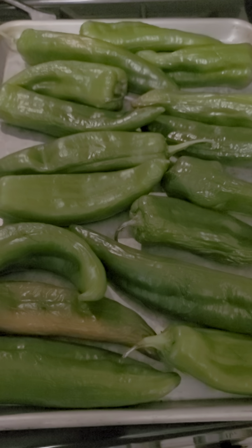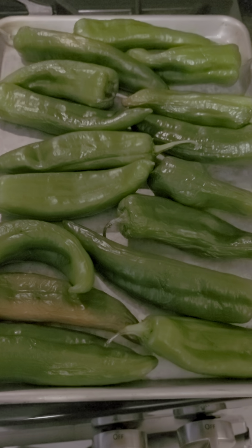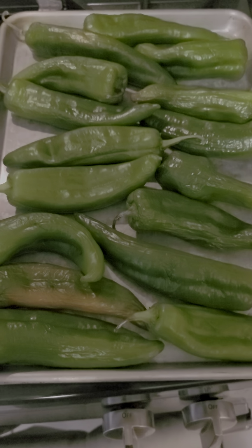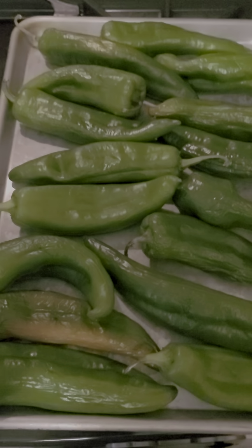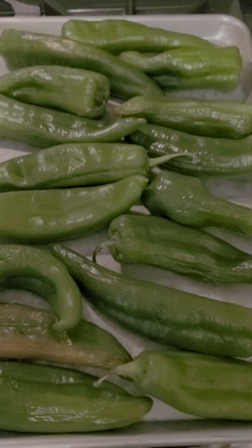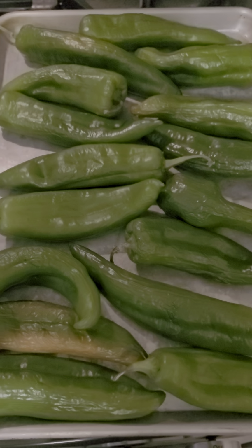Just wanted to show you our green chili. This is actually Anaheim chili. I found it and I just wanted to buy it so that you guys can see what we do. So usually it's a little wilted because I've had it for a couple of days, but for the most part,